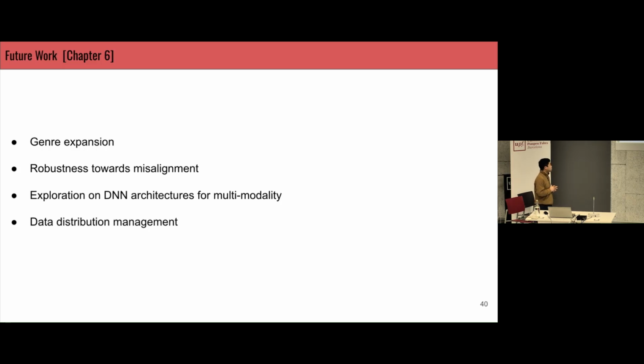And exploration of DNN architectures for multimodality, like how to create a new conditioning network. In the latest models, using a transformer to generate the conditioning is also being explored. So that kind of direction would be promising to go for. And data distribution management, to avoid the skewed data set that was used in this development.